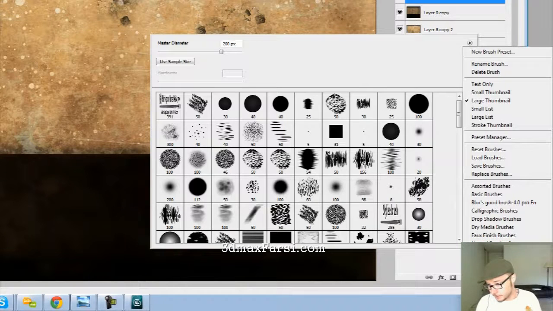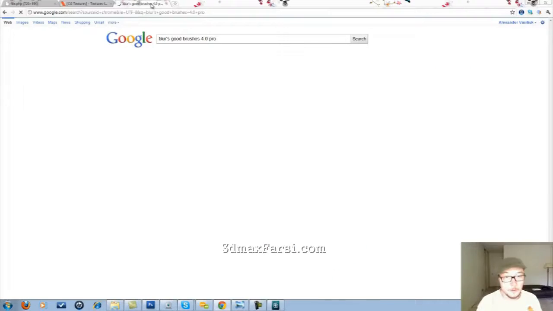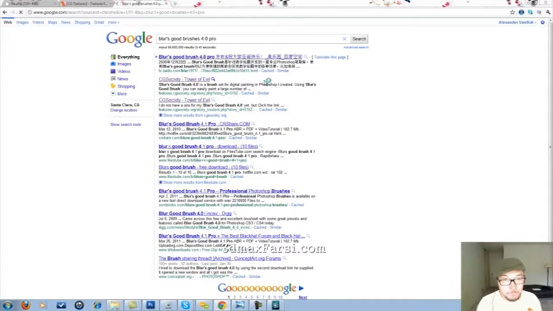This pack of brushes is called Blur's Good Brushes 4.0 Pro. And if you go and search for it, Blur's Good Brushes 4.0 Pro, you get two links from CG Society. And if you go to the CG Society link,